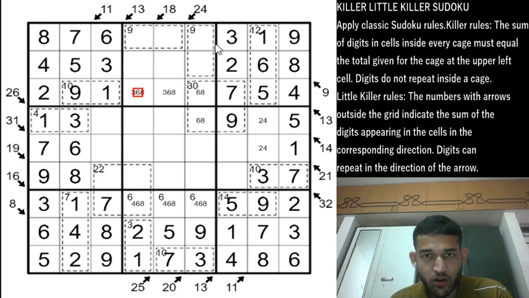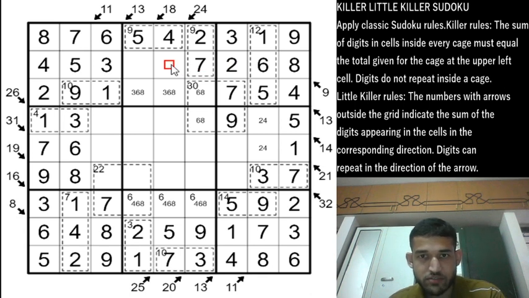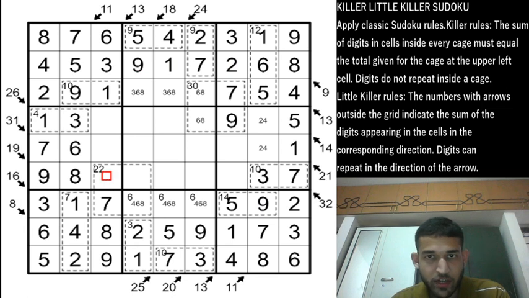And now along row 1, there is only one possibility left for the 9 cage. It cannot be 1 and 8, it cannot be 2 and 7, and it cannot be 3 and 6. It is going to be only 4 and 5, but 5 is in column 5. So this will be a 5 and this will be a 4. And using classic rules, we can place the 2 here because of this 2. So this cell will be a 7, and these two cells will be 1 and a 9. This will be 2, 4, 5 for the column 3, and this will be 2, 4, 5, and this will be 2 and a 4.